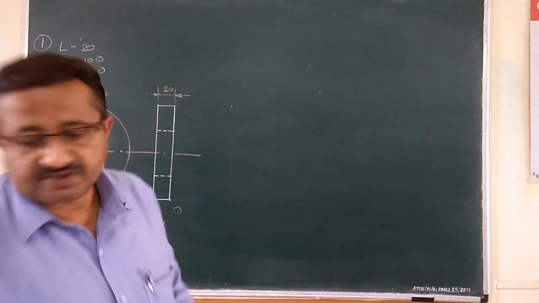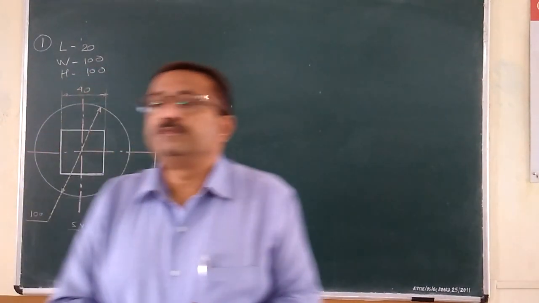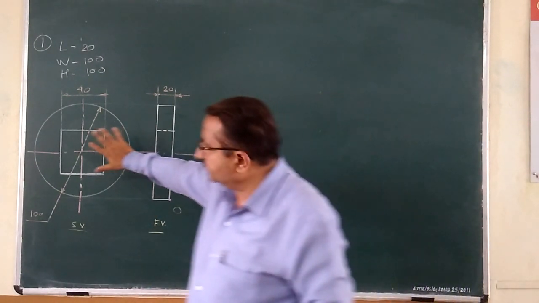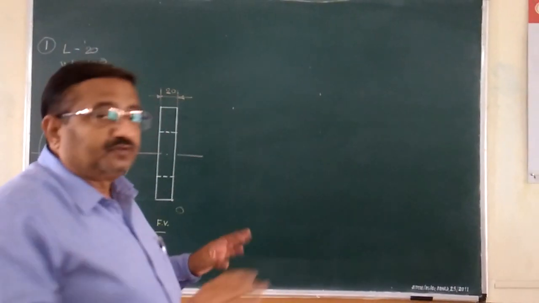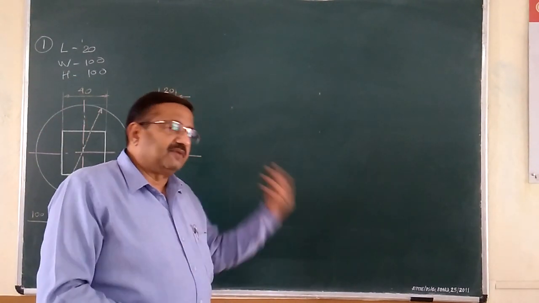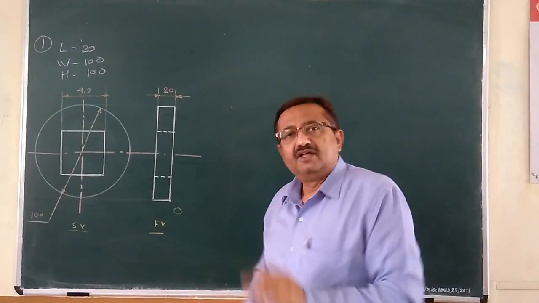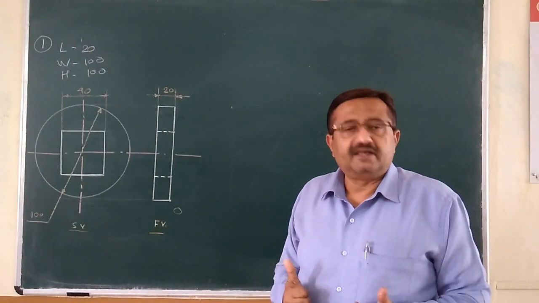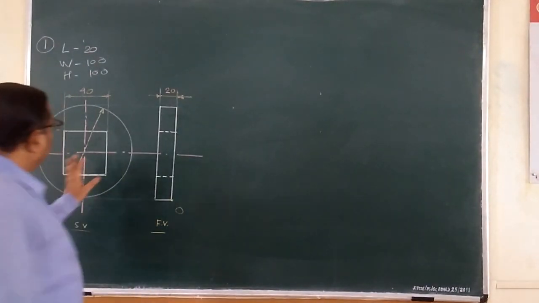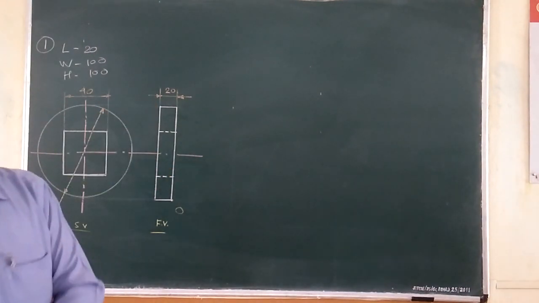In orthographic views, as we saw in the last lecture, all the things which are visible as circular, semicircular or quarter circular would be converted into full elliptical, semi-elliptical or quarter elliptical in the three-dimensional view, by only that unique method we learned during our last session, the four-center method of construction of an ellipse. By that method we are going to convert these two orthographic views into a three-dimensional view.